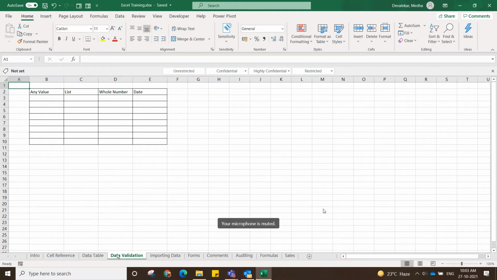No, it will accept only numeric values, only till 10 digits, because it is a mobile number. So these are the data validation rules which we have applied on the form.